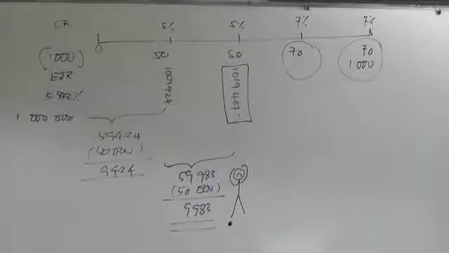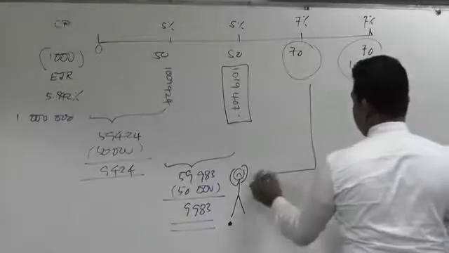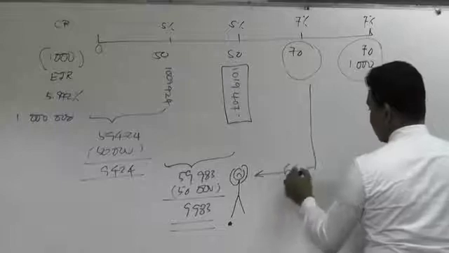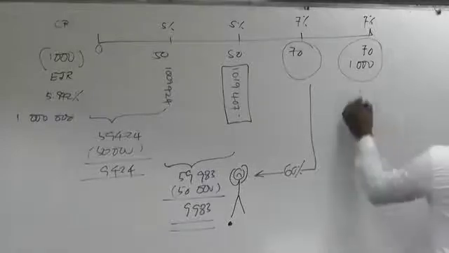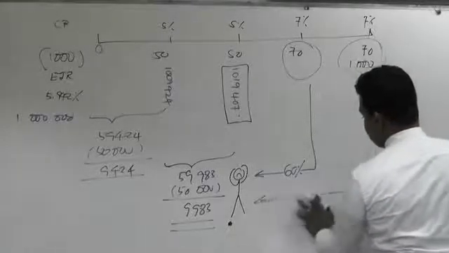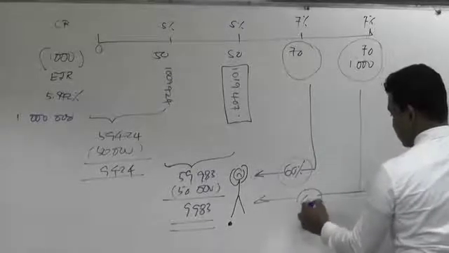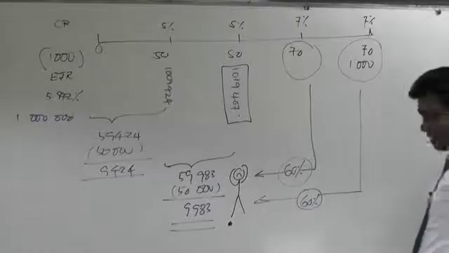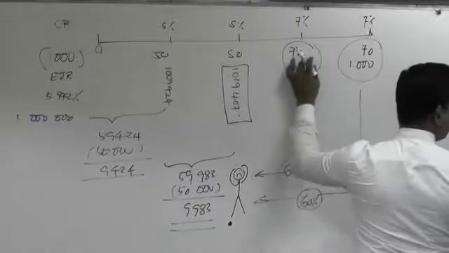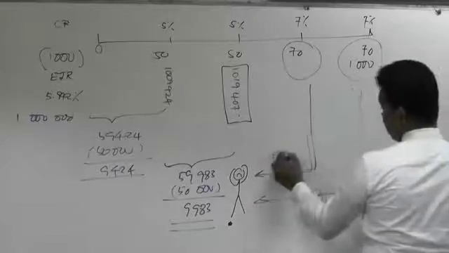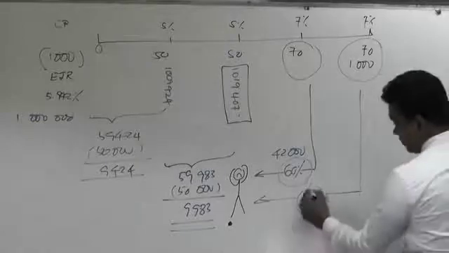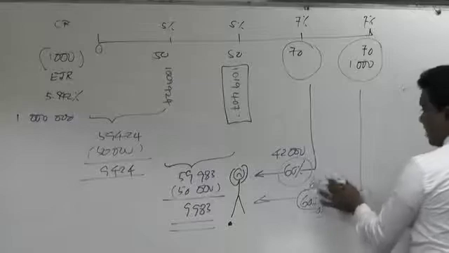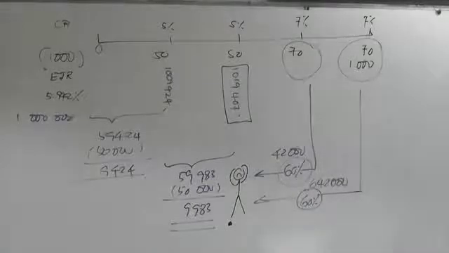Let's calculate the present value of these cash flows. Exactly, you will be able to collect 60% of the cash flows according to the question due to the impairment. From this also you will be able to collect 60% of the cash flows, right? That is, you will collect only here 60%, how much? 42,000. Here 60% means 642,000. These are the only cash flows you can collect out of these two, right?